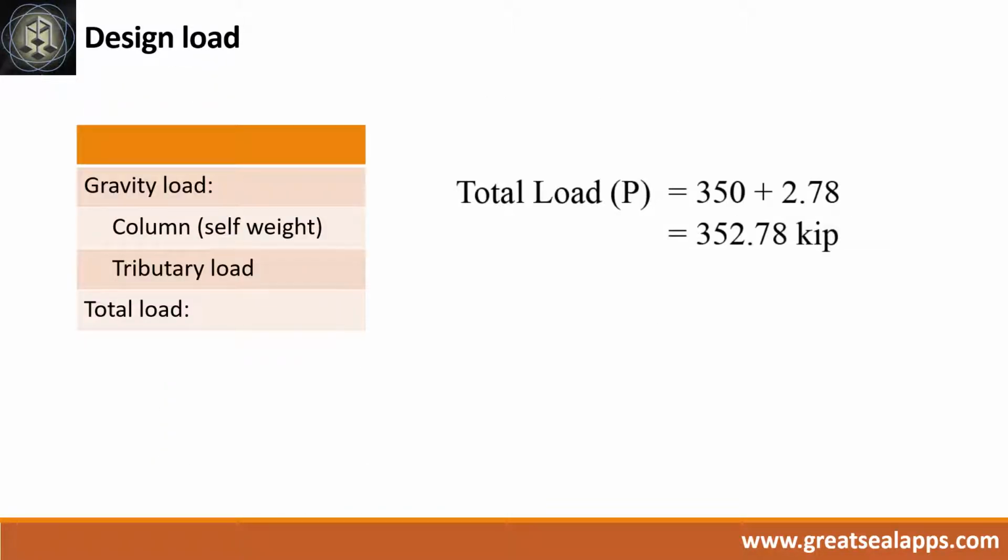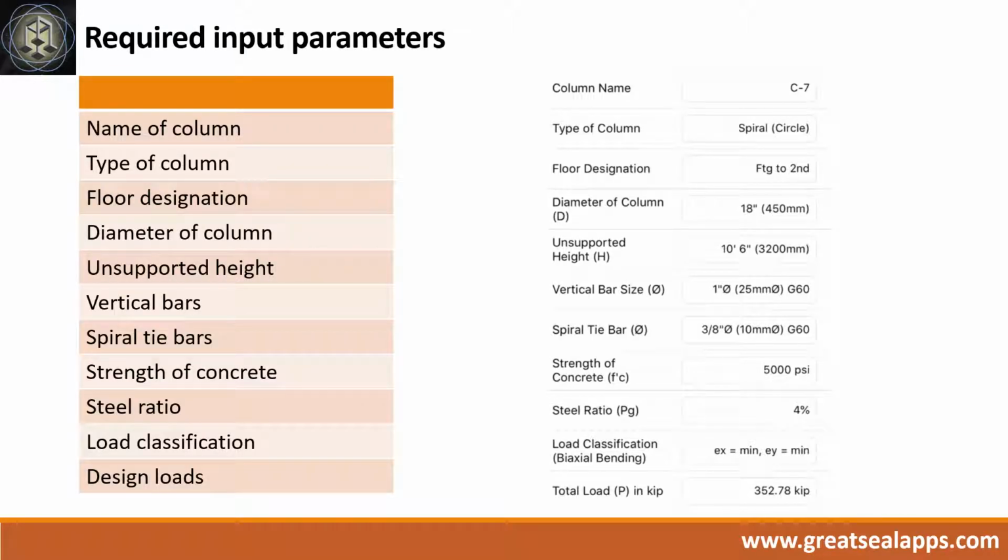The column carries an axial load of 350 kips. Assume a self-weight of 2.78 kips for a total load of 352.78 kips. Enumerate input parameters required. Column name C7, circular shaped spiral column, floor designation, footing to second, diameter of column 18 inches, unsupported height 10